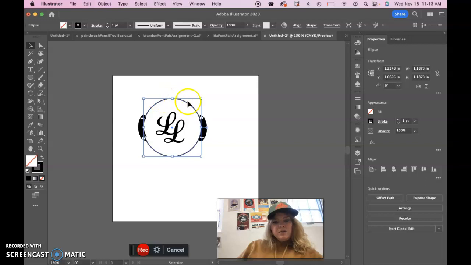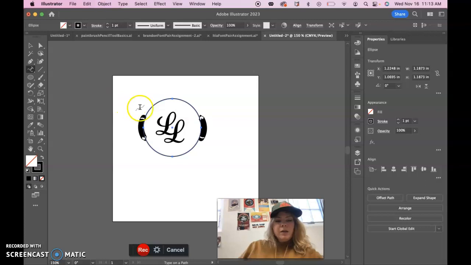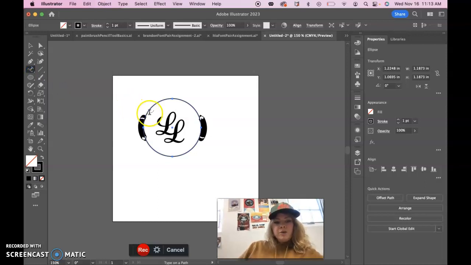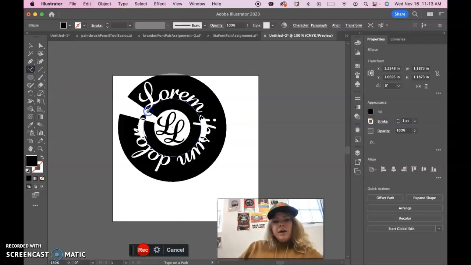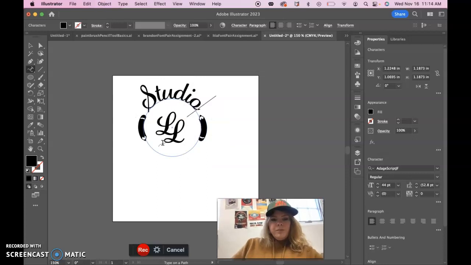So to do the text in a curve path, we have to use, underneath the text tool, click and hold down. You want to use the type on a path tool. So we click on that with the circle selected. So select the circle, go to the type tool, click and hold down, go to type on a path, and then click on that path. And it'll automatically fill it in with Latin, which is kind of annoying, but we can type in Studios,